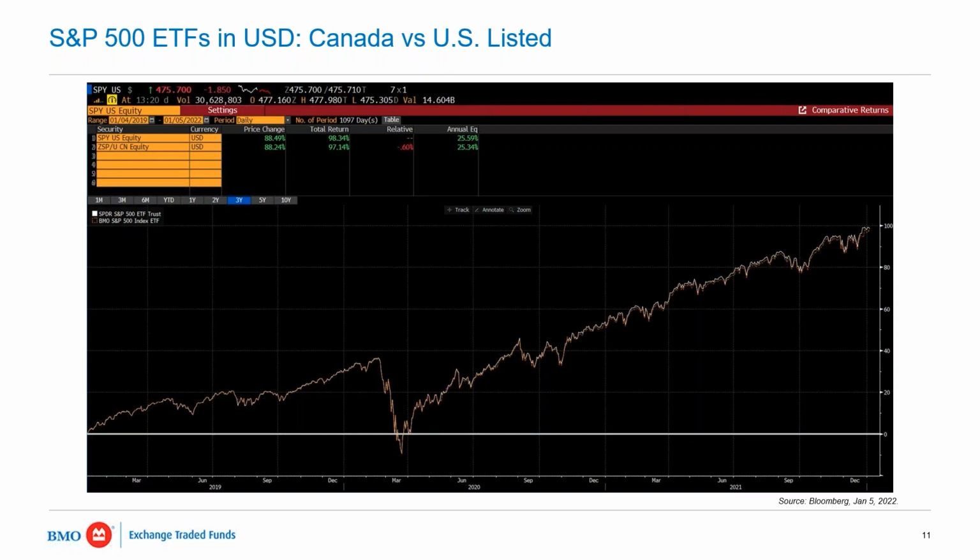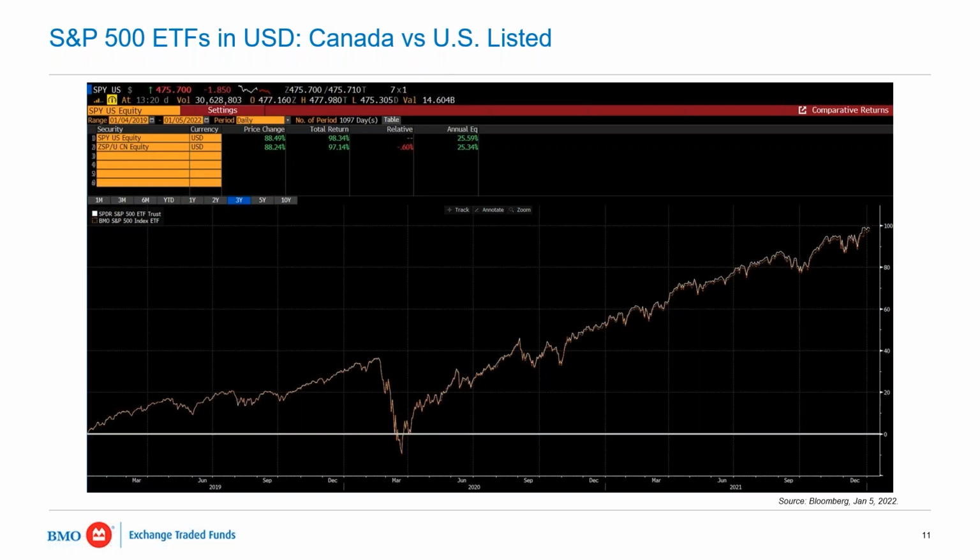Yeah, for sure. So very little difference, as you can see. Both of these ETFs track the S&P 500. The BMO one is, I believe, 1 basis point cheaper. So that's nice that we have that in our favor. SPY is one of the biggest. Actually, it's the biggest ETF in the world. But you can see here the performance is almost exactly the same.